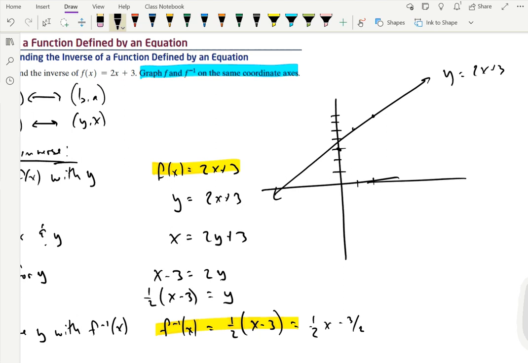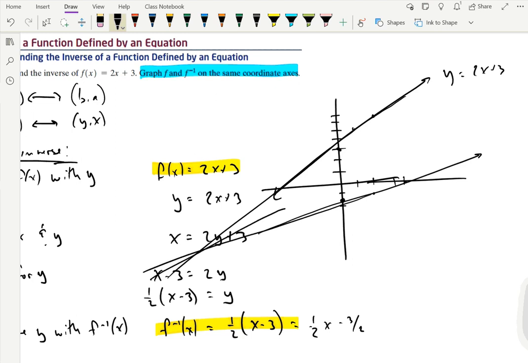Okay. So let's take a look at that one. So it's a half x minus 3/2. If I come down over here, 3/2 is going to be down in this region. Okay, and then I'm going to end up with a slope of up 1 over 2. So up 1 over 2 put me over here. Up 1 over 2 is going to put me back over here again. And so my graph is going to look like this. If I would extend these back out, extend that further,